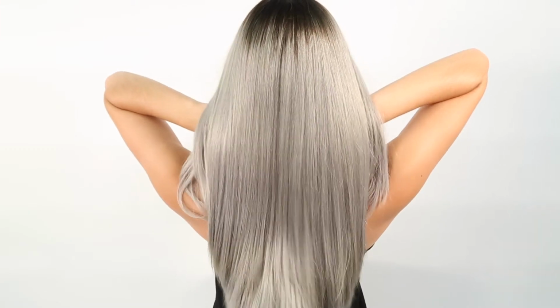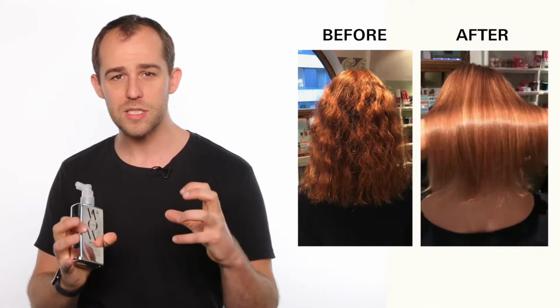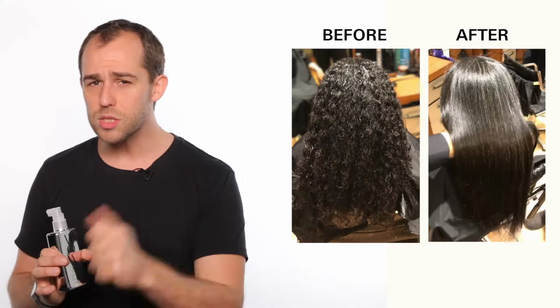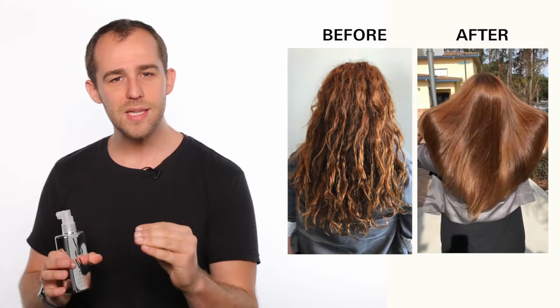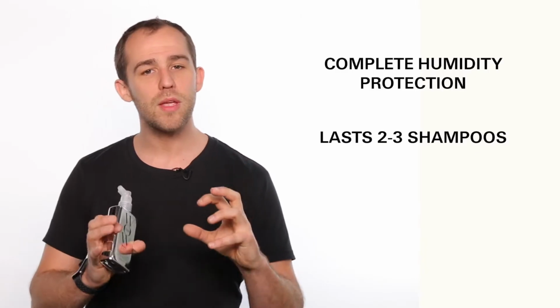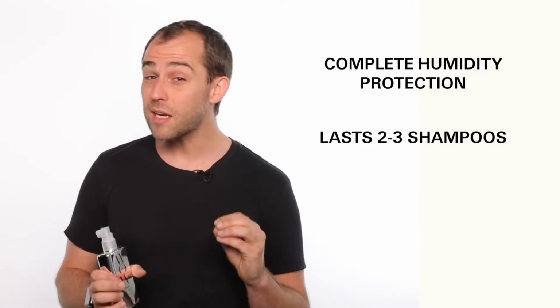of your hair. And what that does, first of all, it will completely transform the texture. Even the roughest, coarse textured hair, it will leave it silky, shiny, beautifully reflective. Now at the same time, whatever you do to your hair, whether you make it sleek and straight, whether you give it body or waves, it will give you complete humidity protection to your style that actually lasts up to